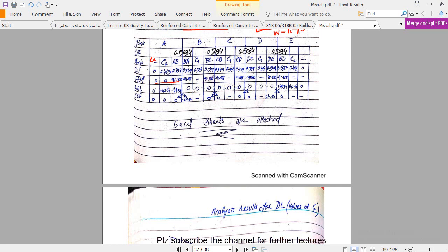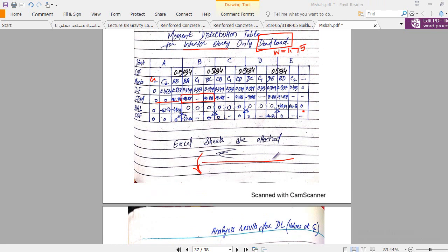Similarly, here at joint B, you have to add these three values. Clear? These moments are the fixed end moments. Remember, this is very important, here I am considering, let me show you, this moment as negative. Basically this anti-clockwise moment will be represented by a positive sign, and clockwise moment will be represented by a negative